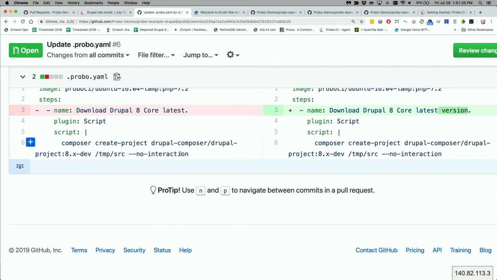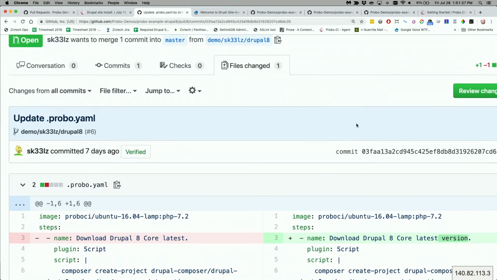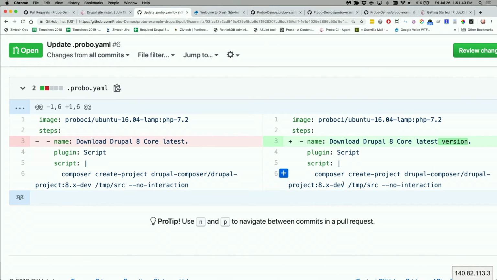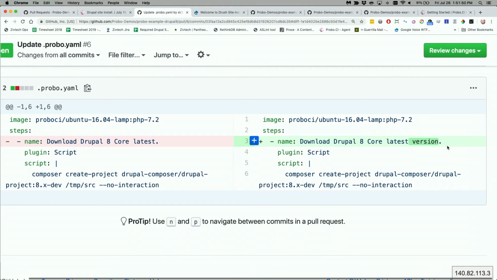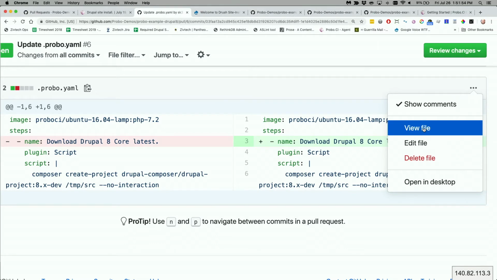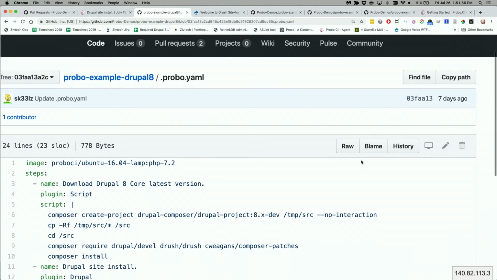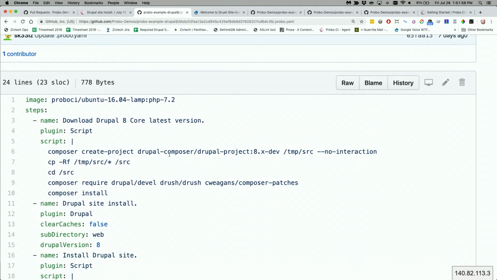So in this particular YAML file, I'm not making an amazing amount of changes here. I basically just changed the name of this step so it would do a rebuild of this. But let me see if I can view the file. So in this particular YAML file, I'm configuring an image to use, so we have different images based on the